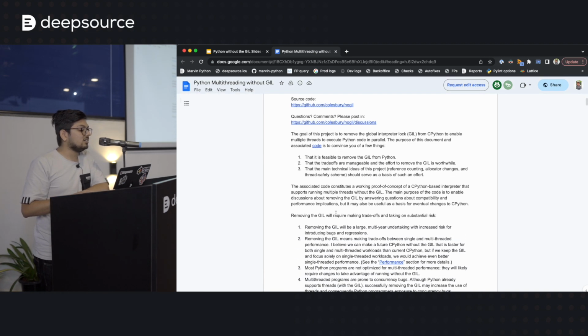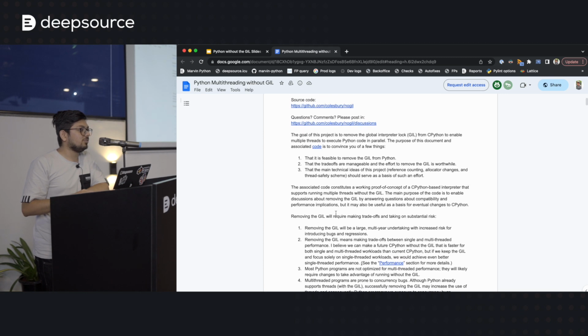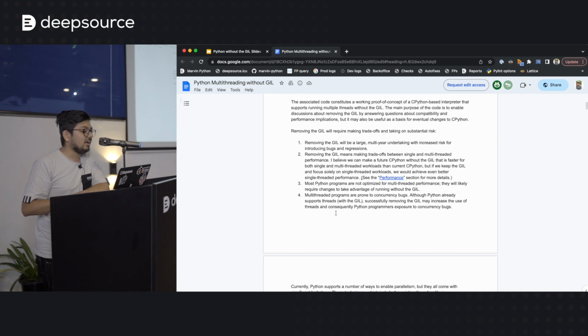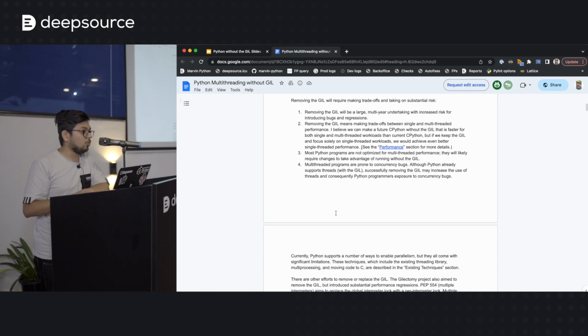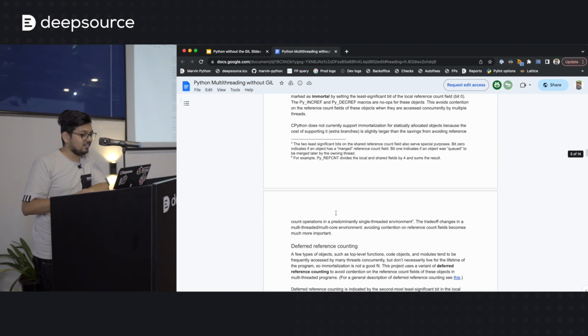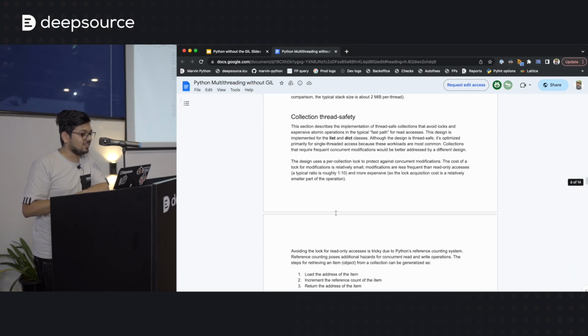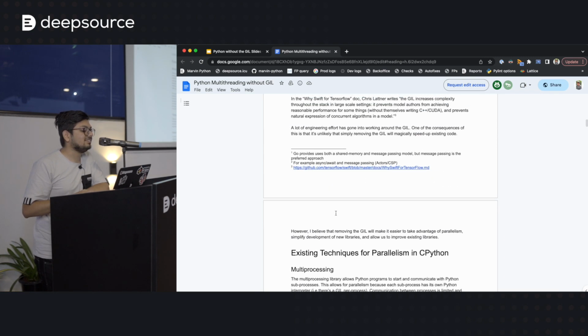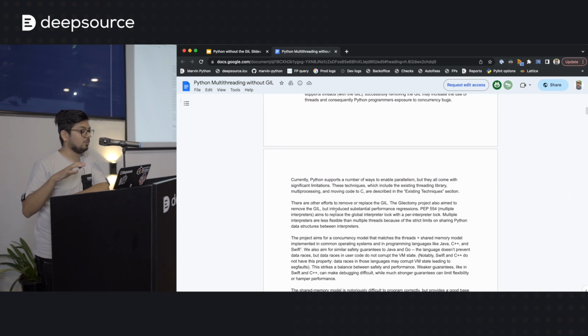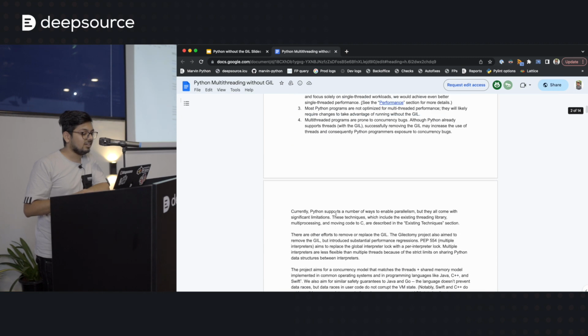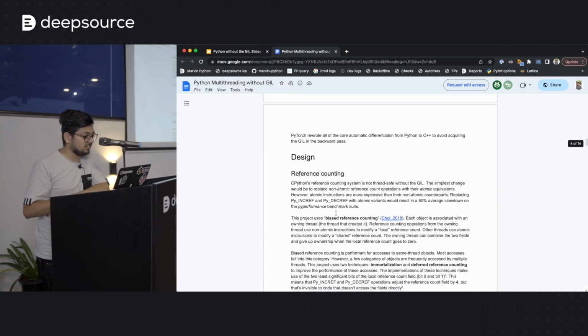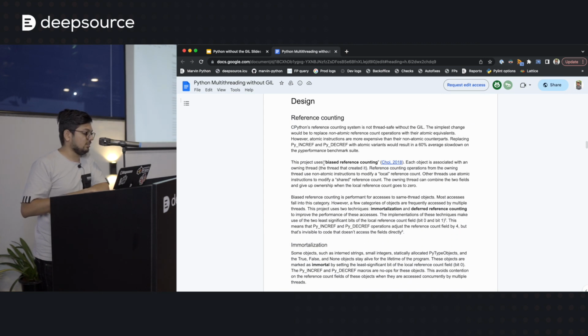And the nice part about this document was that it was way more thorough. But the most important thing that's defined in this document is this specific part.